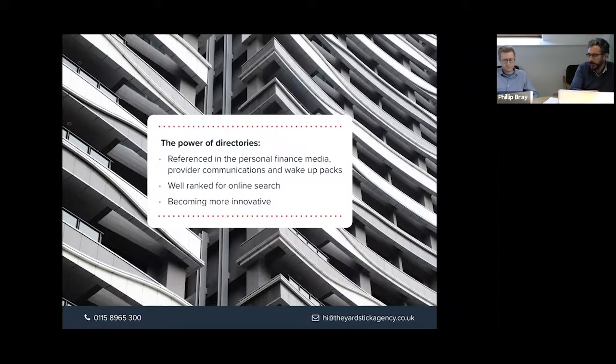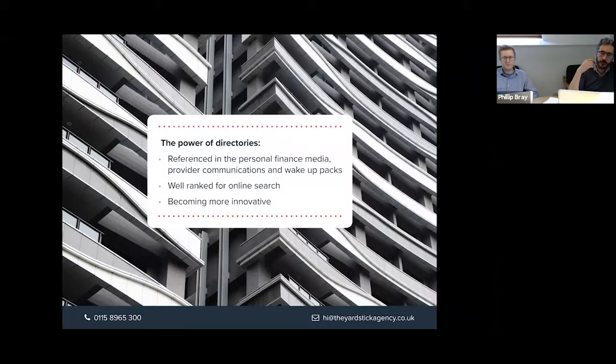A great example of that is Advisor Book's launch, but also Vouched For's Times top, however many it was, top financial advisors, based on rankings from clients. That was really innovative and pleased a lot of advisors, and has led to new business, I know. It was great to see 3 or 4 Yardstick clients on the front of the publication. But the directories are quite powerful.